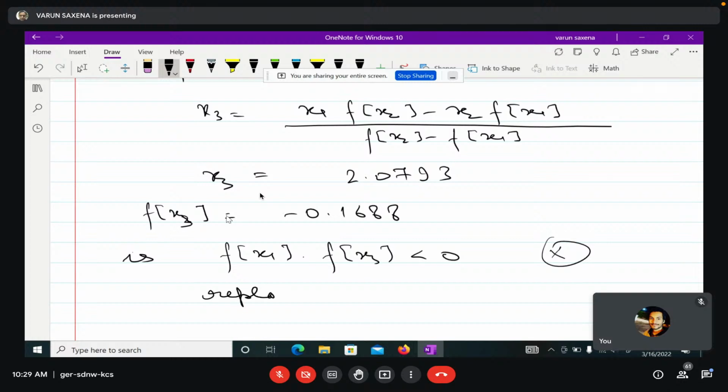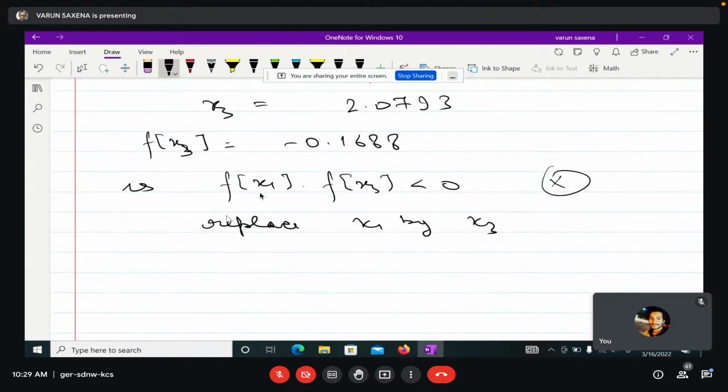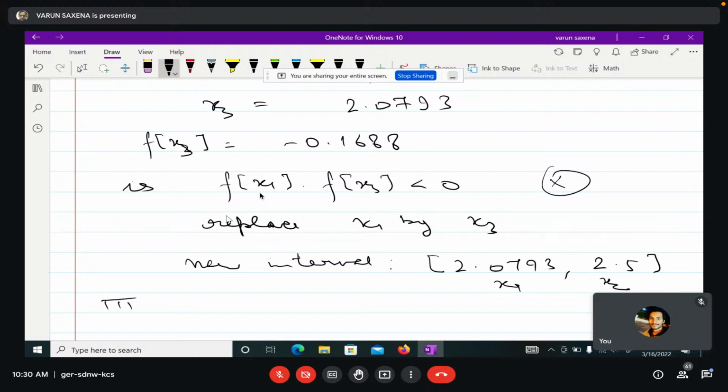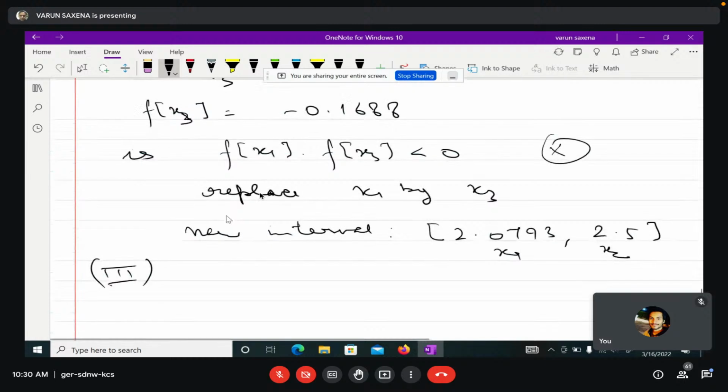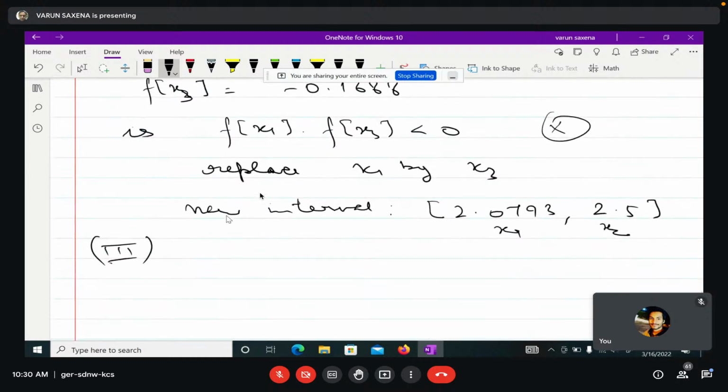Replace x1 by x3. So now your new interval becomes, what was x3? x3 was 2.0793 and 2.5. So now this becomes your x1 and this becomes your x2, and then you come to your third iteration. If you do these iterations, you will see that